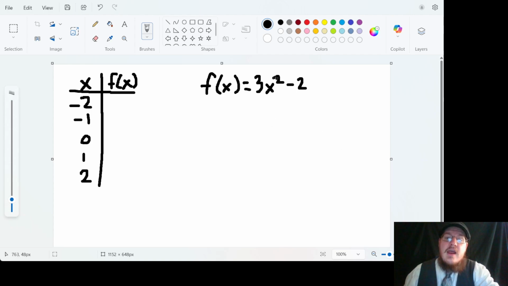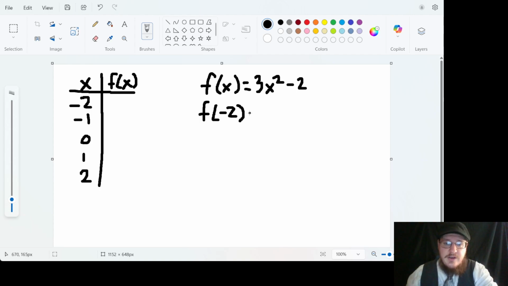That's fine. Now, in this case here, we have an exponent. We have a power of 2 around the x. So following the order of operations, PEMDAS: parentheses, exponent, multiplication, division, addition, subtraction. Once we plug in our values here, we have to perform the exponent first, because that's the first step of our order of operations, then we work through the rest of the order. So we have f of x equals 3x squared minus 2. So I'm going to plug in